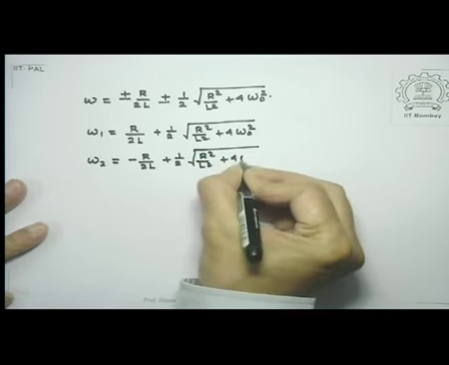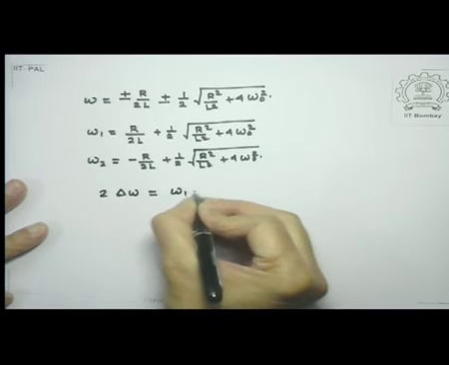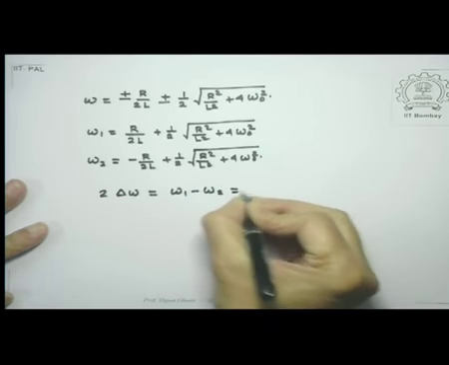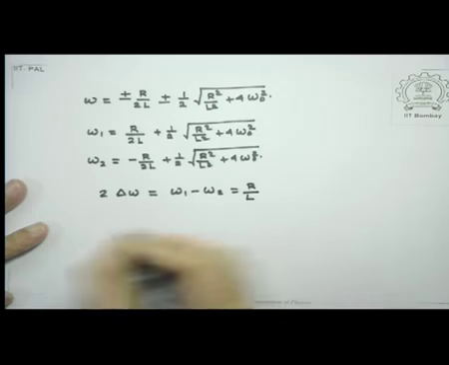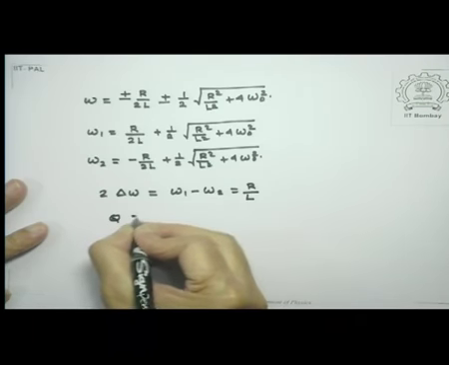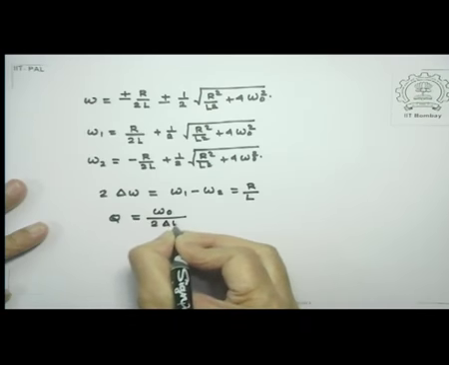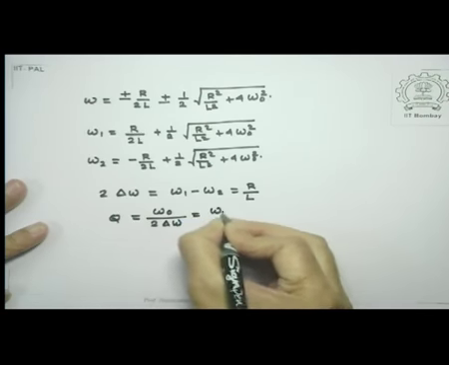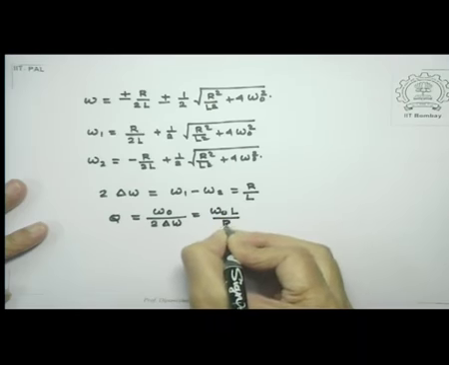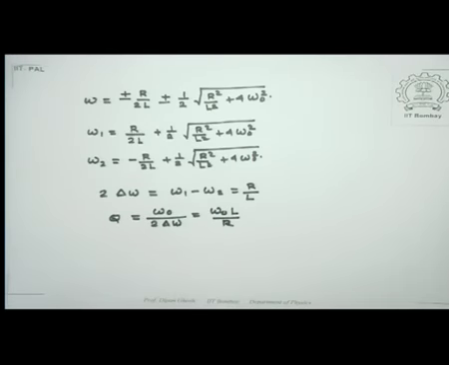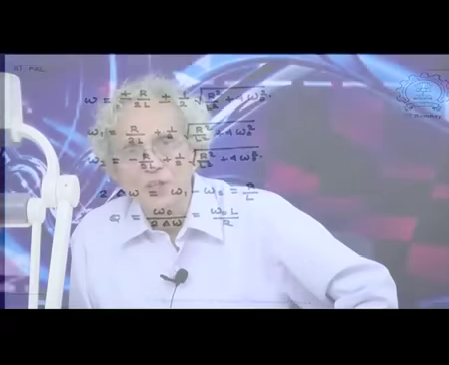So therefore 2 delta omega, which is omega 1 minus omega 2, is simply equal to R over L, and the corresponding quality factor is omega 0 divided by 2 delta omega, and that's equal to omega 0 L over R. So therefore we have now given an interpretation of the quality factor in terms of the width of the power curve at